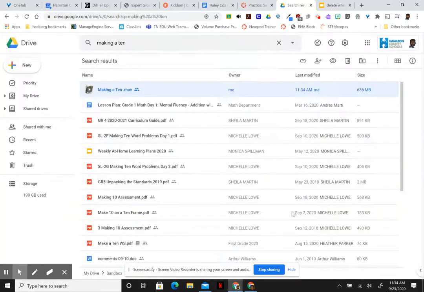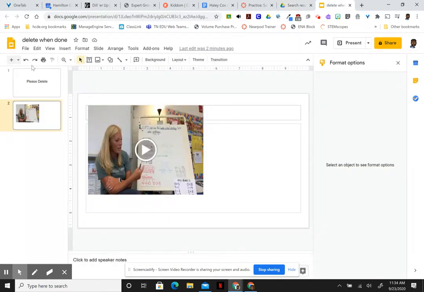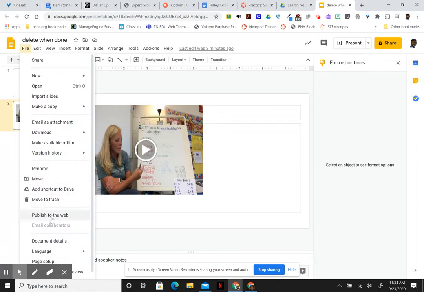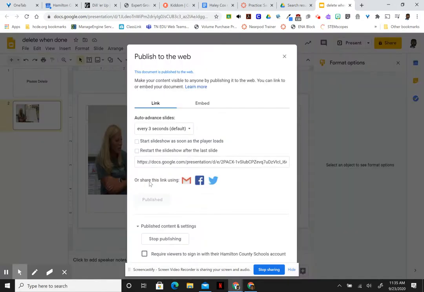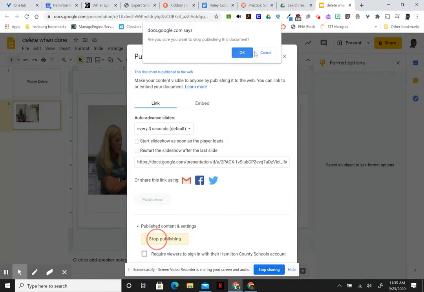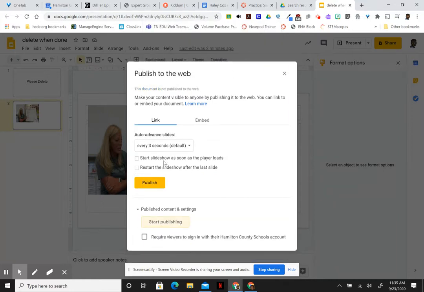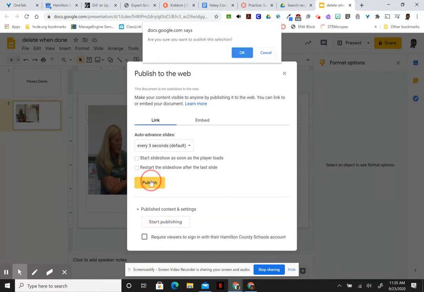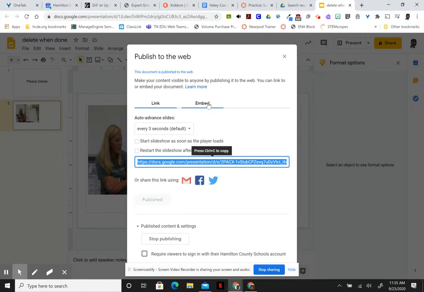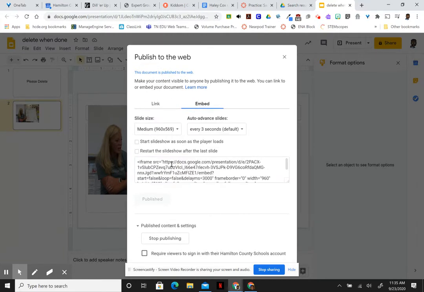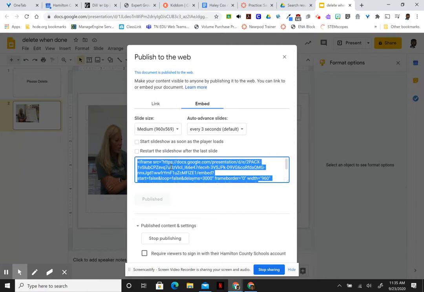So for this function, coming back to this one, I don't believe we would need to change the publishing settings, but because I'm just a little bit paranoid, I'm going to go ahead and stop publishing it. And then I'm going to republish it again. Again, that shouldn't be necessary because any changes made on this document should be reflected live. But just for my benefit and to make sure that this works, I'm going to do that as well. So I copy that again